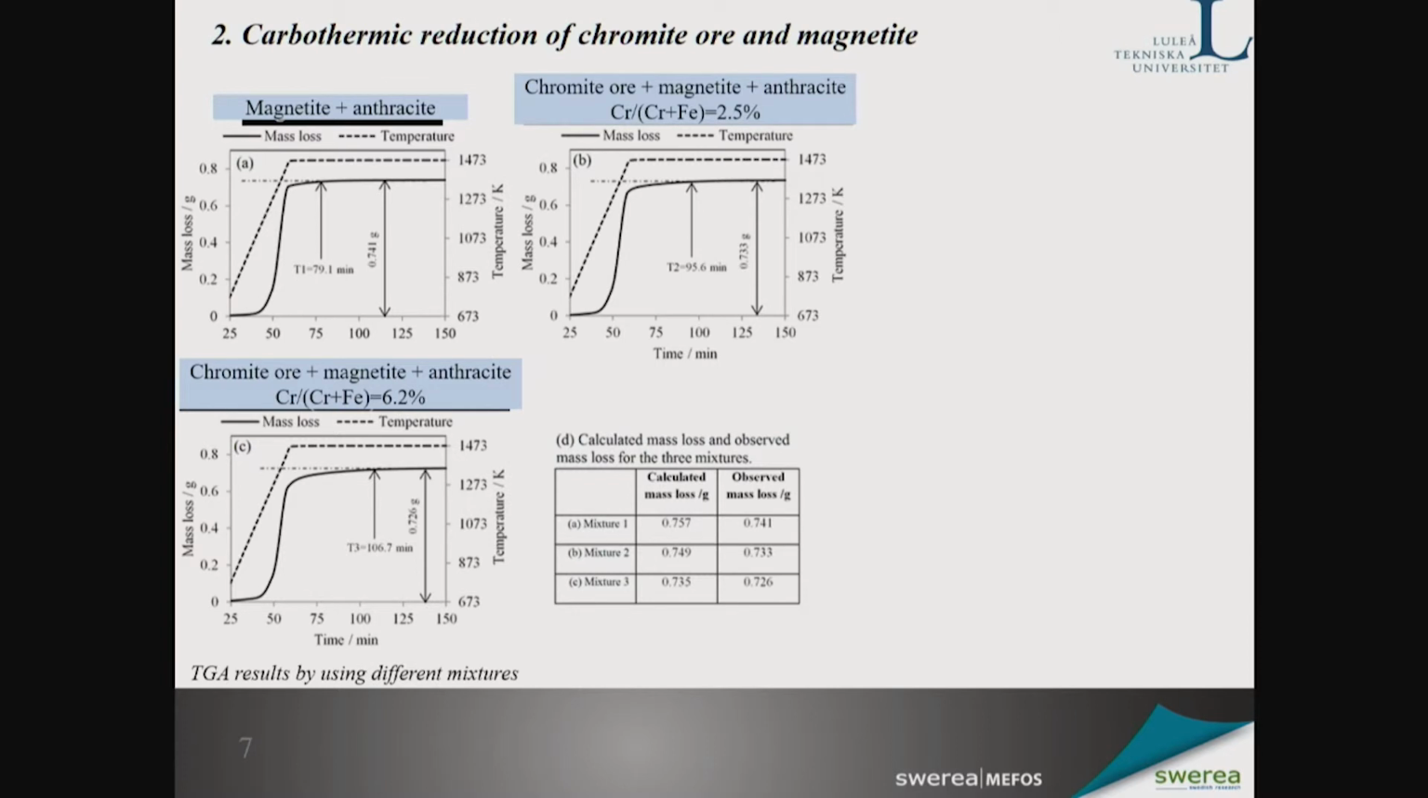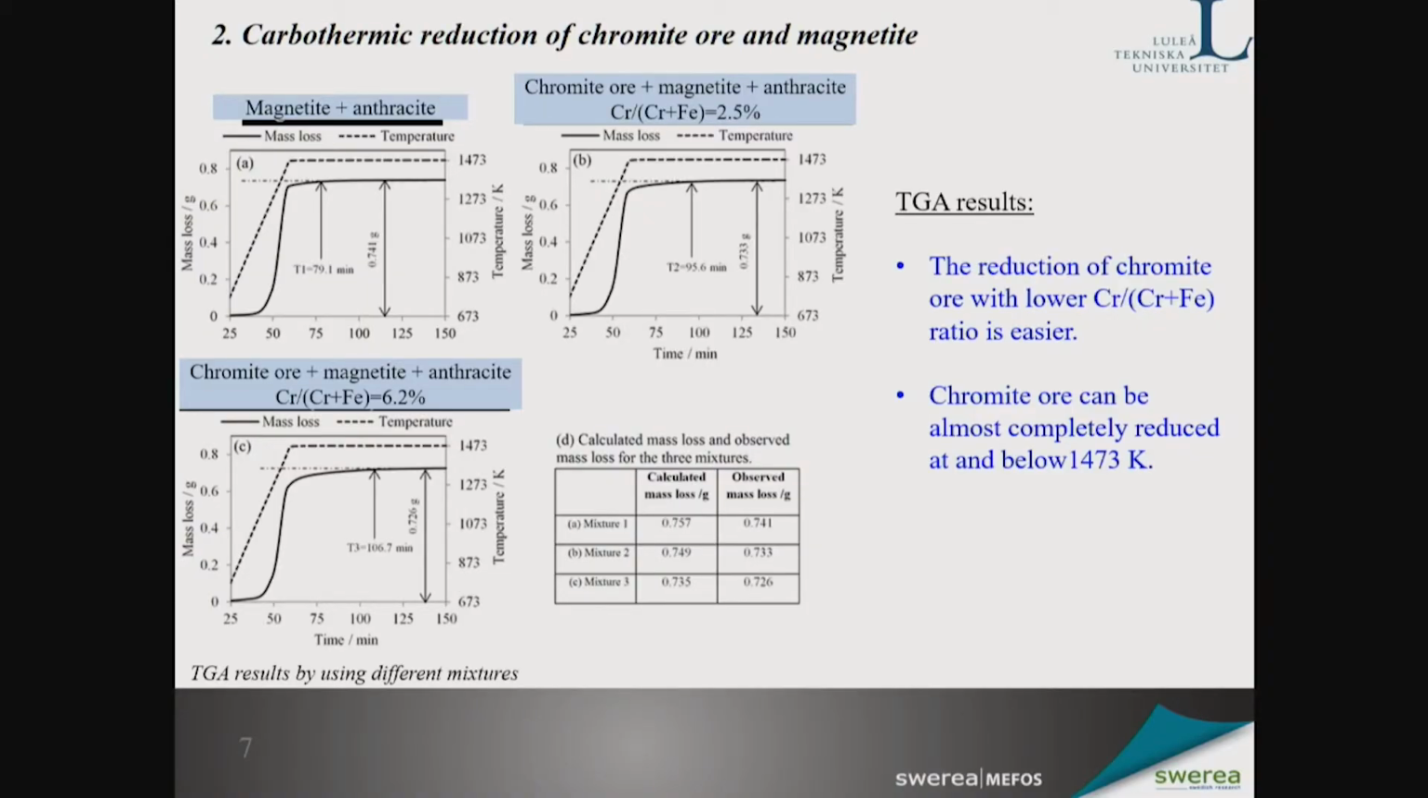And in another study, I investigated the carbothermic reduction of chromite together with magnetite. I have designed several different recipes and several different samples. And in different samples, I have different mass ratios of chromite ore to magnetite. And this means that it will generate samples with different mass ratios of chromium to chromium plus iron. And the results show that the more magnetite is added to the sample, the easier the reduction of